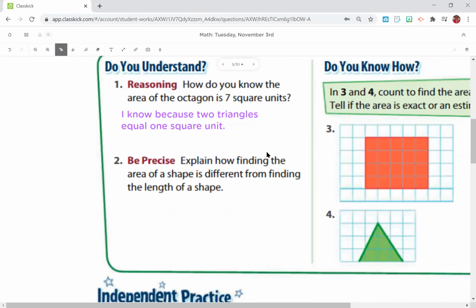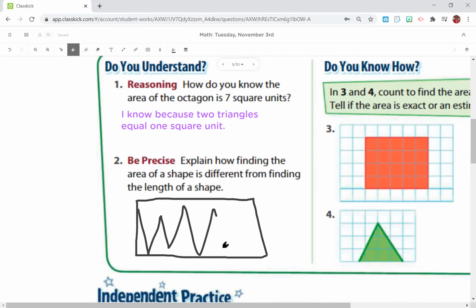Number 2, explain how finding the area of a shape is different from finding the length of a shape. So in our lesson, we talked about area being the inside of an object, and we find the area by using square units. Now, if we wanted to find the length, we would probably use a ruler instead of square units to help us measure. So they are different